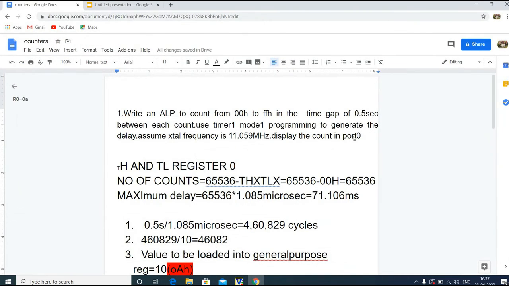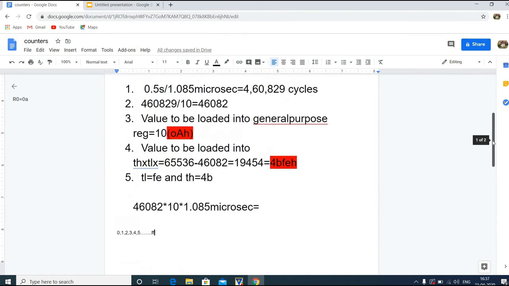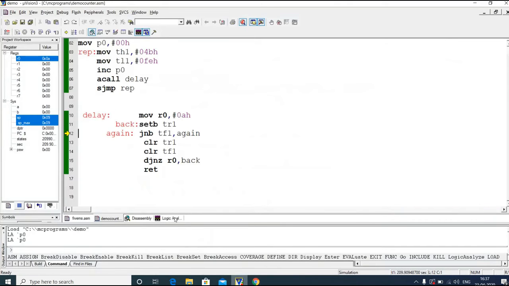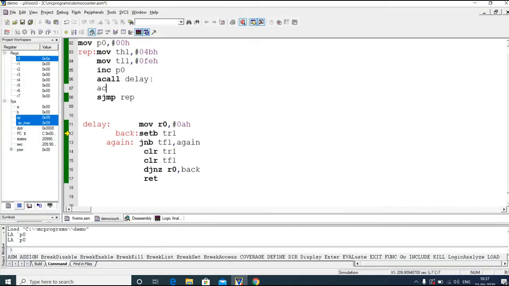One way is to repeat this procedure to find the TH and TL register values by changing 0.5 second to 1 second, or the other way is we can call the delay 2 times, that is, call delay twice. So when this instruction is executed, this routine will run for 0.5 second, and again when this one is executed, this will run for a 0.5 second delay.